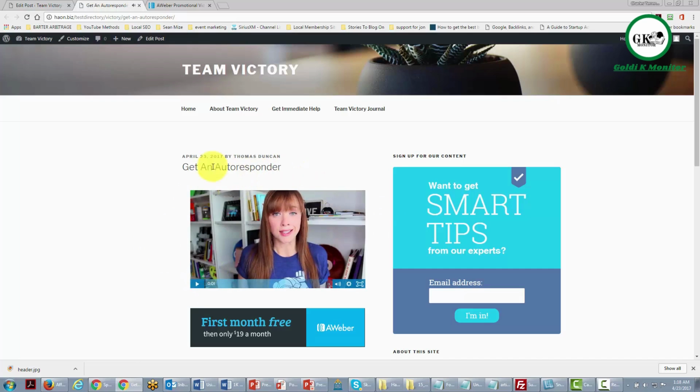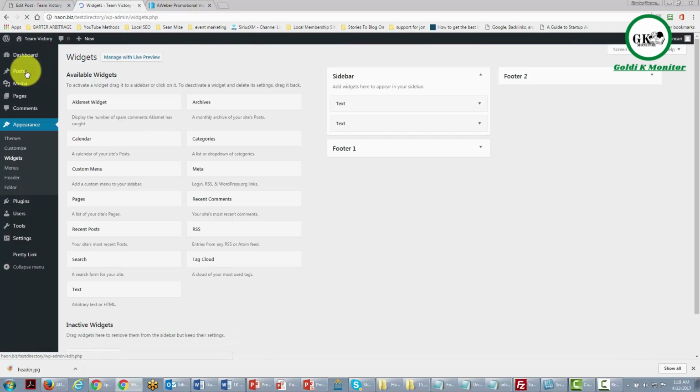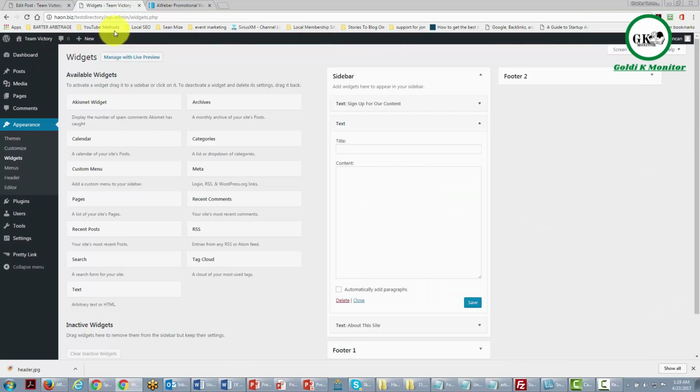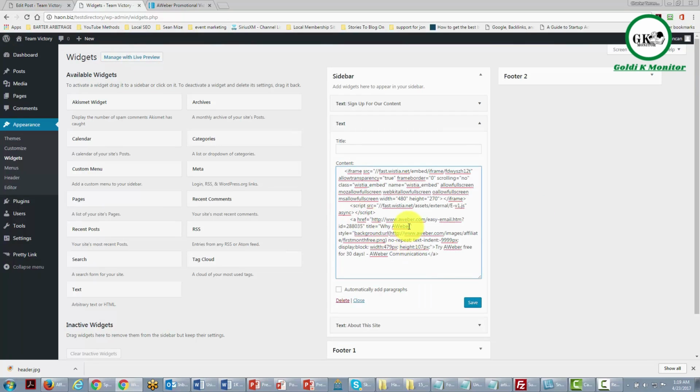So this is a great way of being able to set up your affiliate opportunities inside of a post. Now, one of the other things that we can do is the very same thing that we did with our autoresponder code: we can put code in our widgets so that it will appear on all of our pages. In order to do that, all we need to do is go back to this area and find our widgets. And then we can take another text box, and in that text box, we put our code in this area again. We'll click Save, Close,